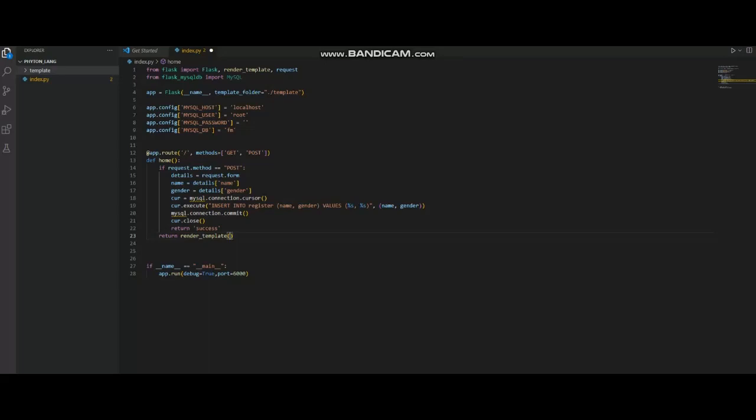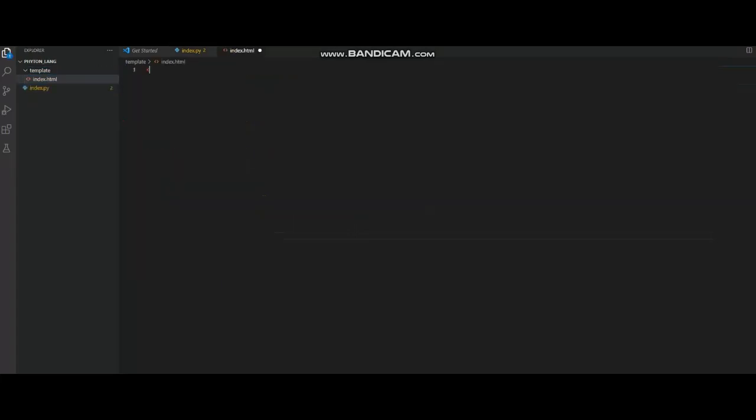template. This is going to be index.html. By the way, I still didn't do our index.html. So we need to go back to the template, and inside the template, which is a subfolder of the Python_lang, we need to do here index.html, and then do here document type, and then HTML, simple HTML